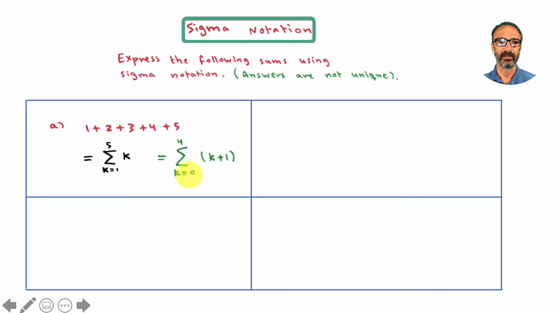Let's test it. When k equals 0, 0 plus 1 is just 1. Works. The second is 1. I'm going to start with k equals 1. 1 plus 1 is 2. Let's go all the way to 4. 4 plus 1 is 5. Yes. So you could write it different ways. And